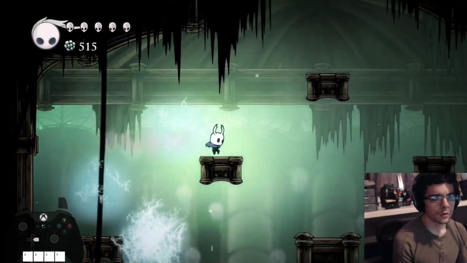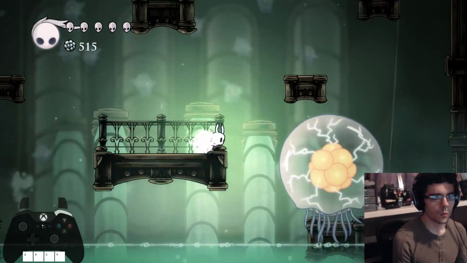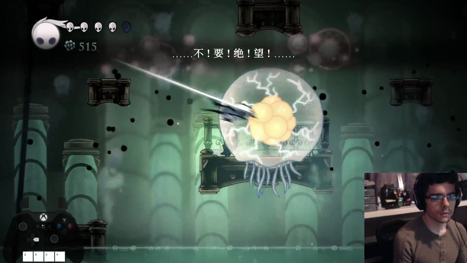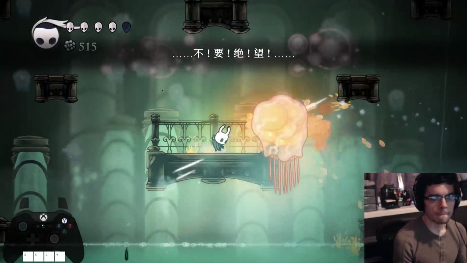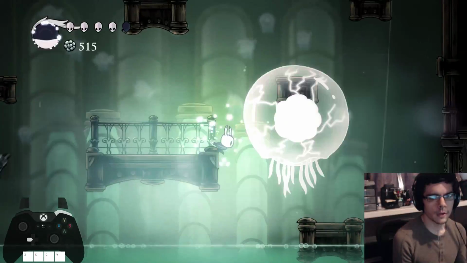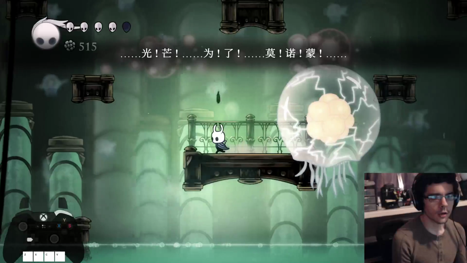Okay, 2 slow attacks, which is okay. Wait for him to start moving. Get 2 dream nails. Quirrell jumped. Wait for him to start moving and dream nail. Walk back, dream nail, and we got the quick attack and good luck, so